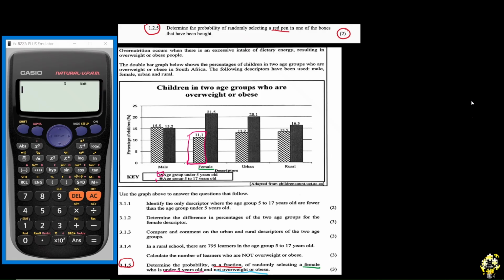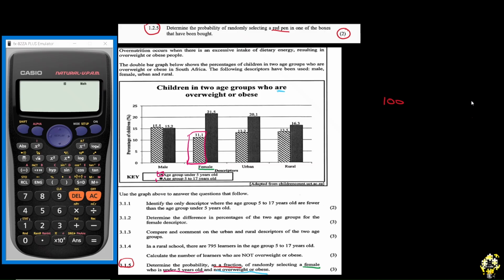But when you're looking here, it says children in 2 age groups who are already obese. This graph shows us the percentage of children who are already obese or overweight. But we are looking for a probability of learners who are not. How do we tackle that? First of all, these are percentages, right? So they have to go all through to 100. So we are simply supposed to say that 100%